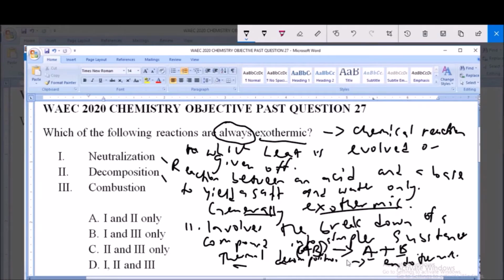So thermal decomposition, which is a form of decomposition, is not an exothermic reaction. So you can't say that decomposition reactions are always exothermic. So option 2 is out of question. Now, option 3, or the third reaction, is combustion, and it is a high temperature